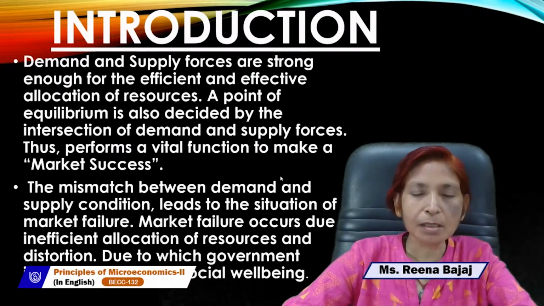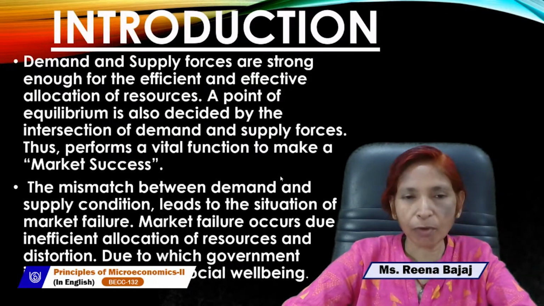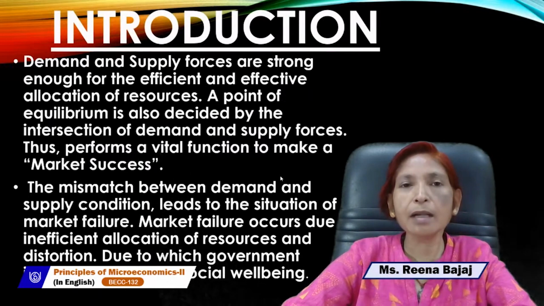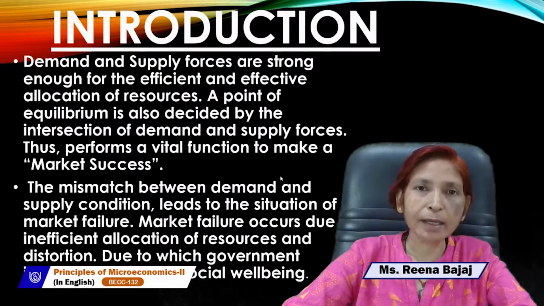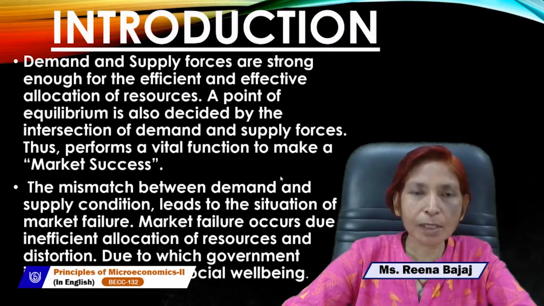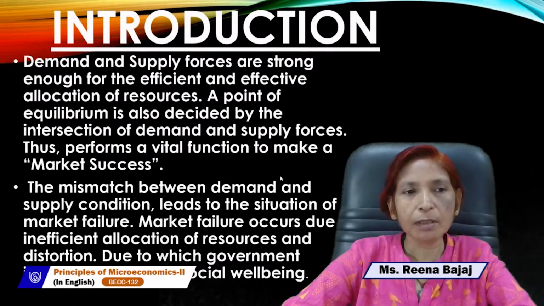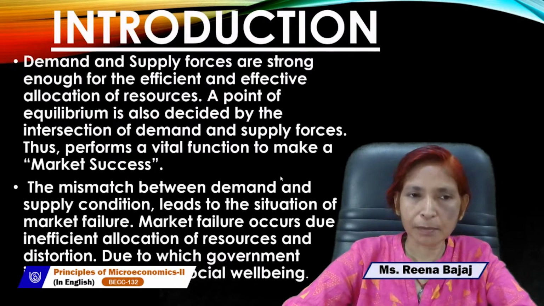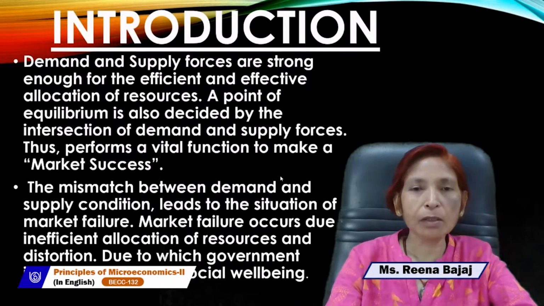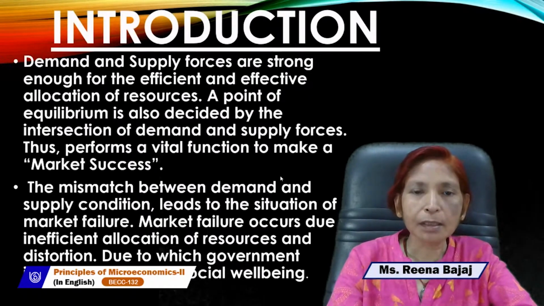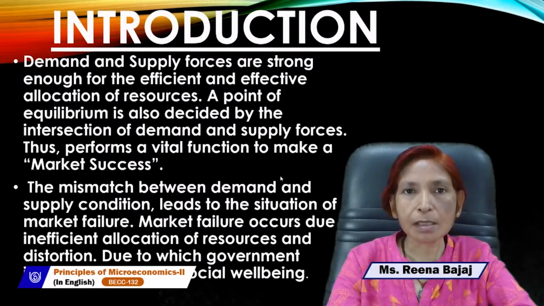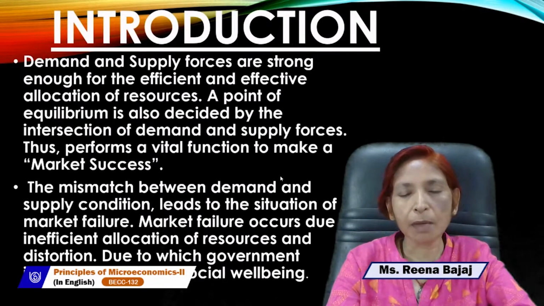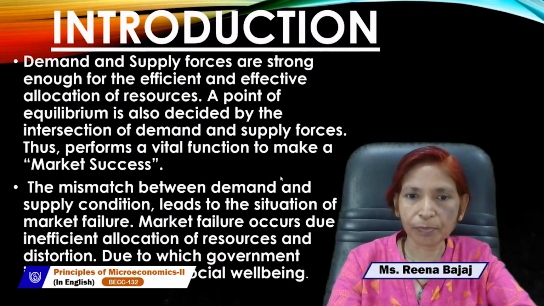That market is called a successful market in which consumer surplus and producer surplus both exist. As we know, equilibrium price is always determined with the help of demand and supply forces. Where the demand and supply curves intersect each other, the equilibrium price is determined at that point. The point of equilibrium is also decided by the intersection of demand and supply forces. Thus,